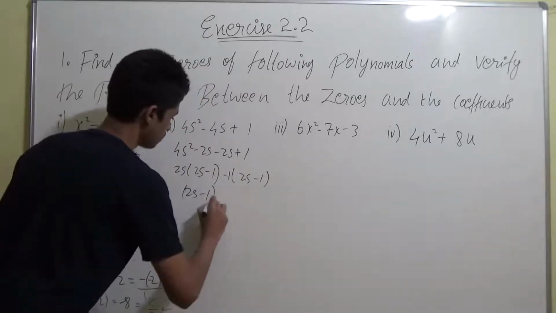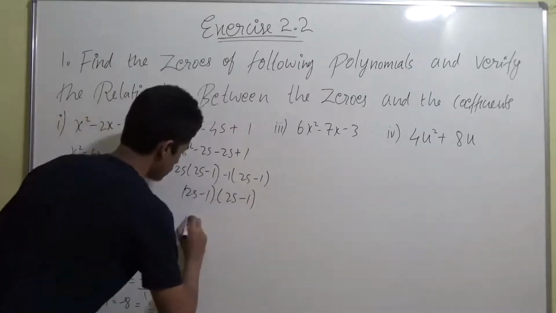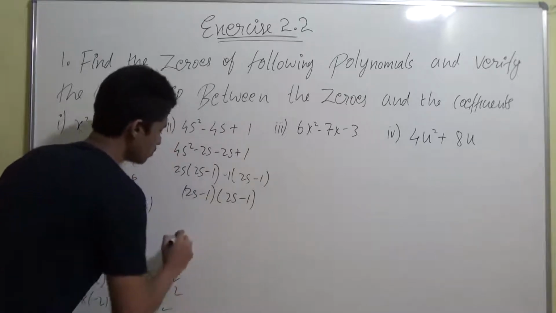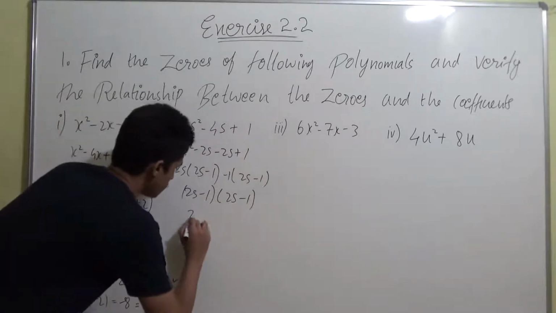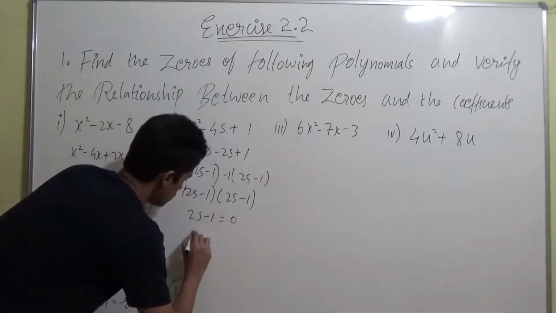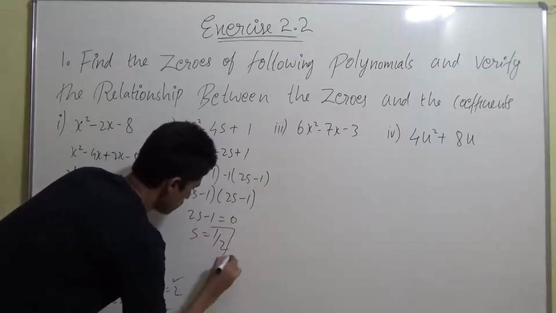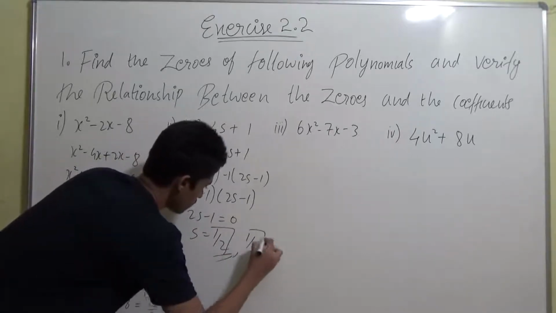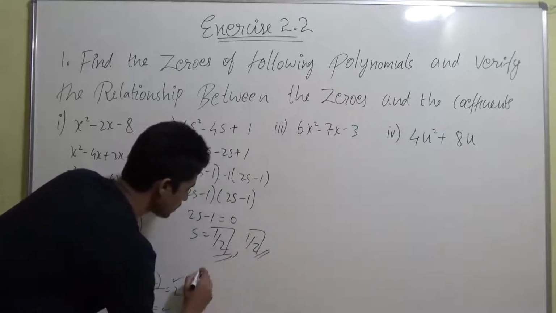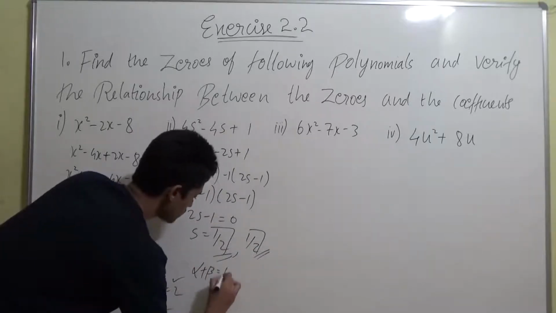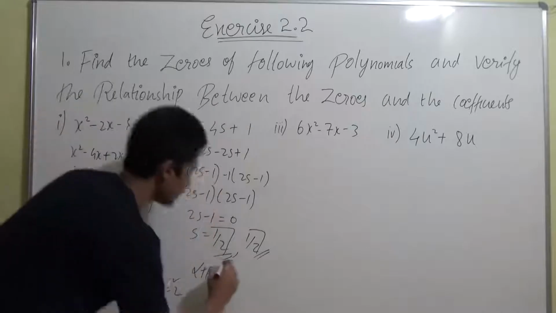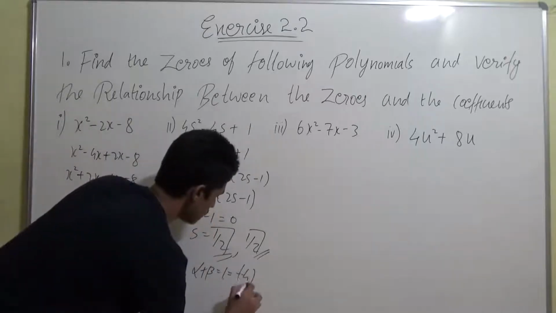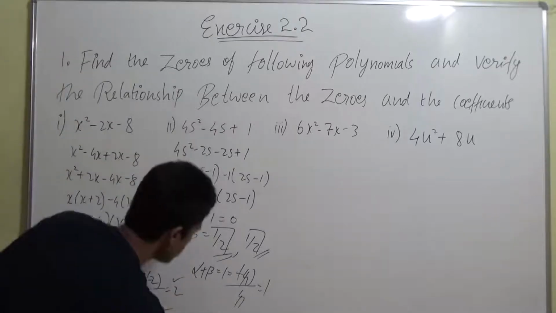This becomes, so in this case both the zeros are going to be equal, and 1 by 2 itself. So alpha plus beta is half plus half, which is equal to 1, which should be equal to minus b by a, which is equal, and alpha into beta